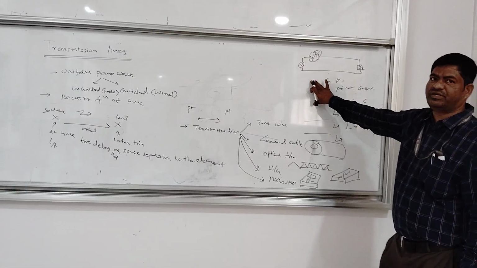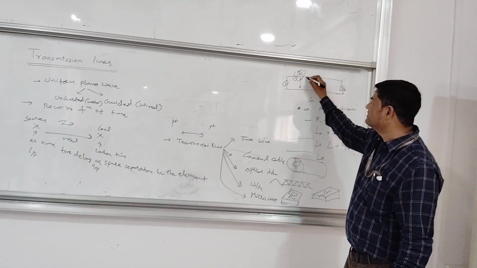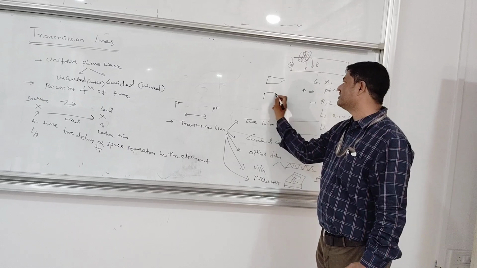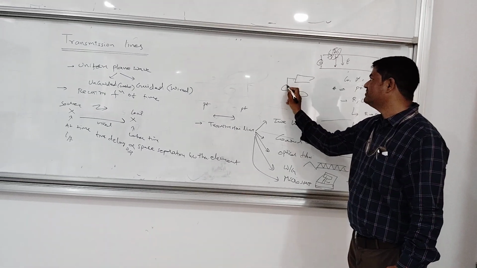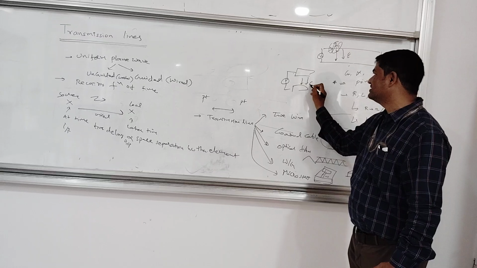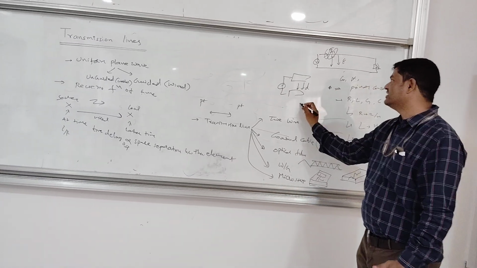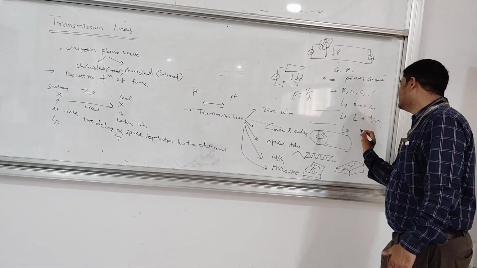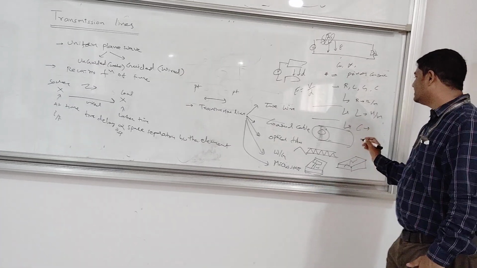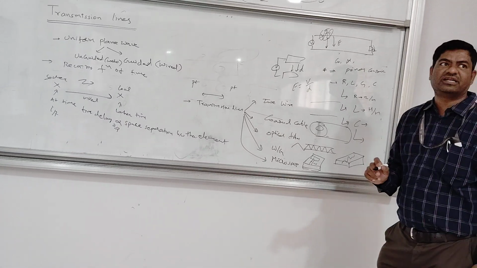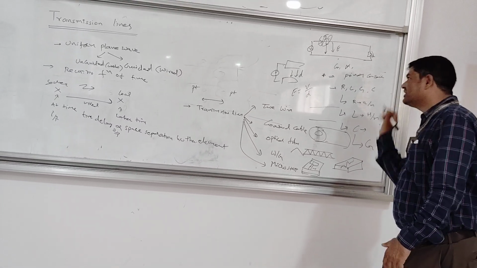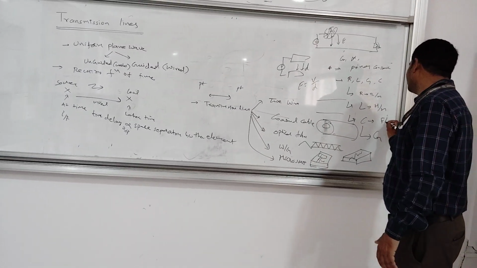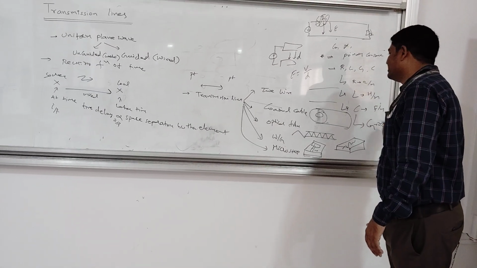Similarly, when I apply a potential, there is a field between these two wires, which is the electric field. As we know for a two parallel plate capacitor, if I apply the voltage between the two plates with separation D, then the electric field equals V by D. That electric field we denote with capacitance. And this capacitance is interlinked with the conductance, which we denote with G. So the units are farads per meter, and mhos per meter.